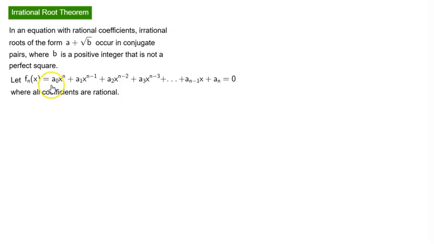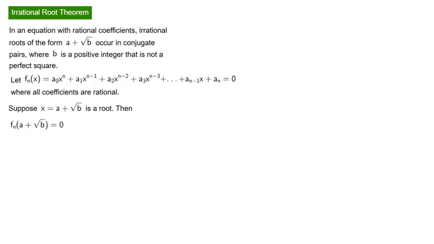Now, let f sub n of x be equal to this polynomial, which is equal to 0, where all coefficients are rational. Suppose x equal to a plus root b is a root. How can we say that? Because the theorem itself says if irrational roots of the form a plus root b occur. Okay, so we are taking that as given. f sub n of a plus root b is equal to 0. So if we substitute a plus root b in place of x,